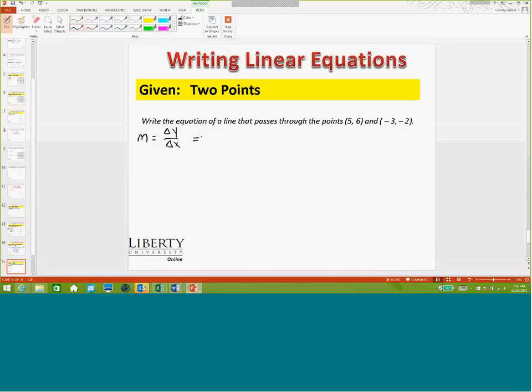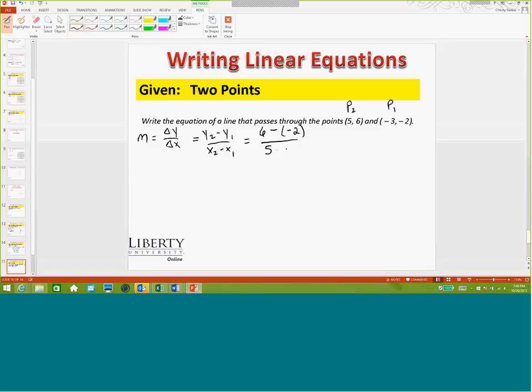So we're going to put these into, remember, we're going to subtract. These all just mean the same thing. We're going to subtract the y coordinates and compare that over the difference in the x's. So let's call this point, let's be different, let's call that point 2. We're going to call this one point 1. So I'm going to subtract y values. So the y value in the second point minus the y value in my point 1 compared to the difference